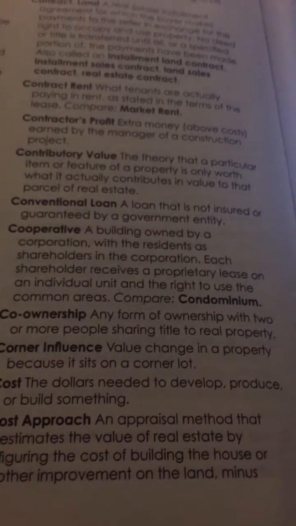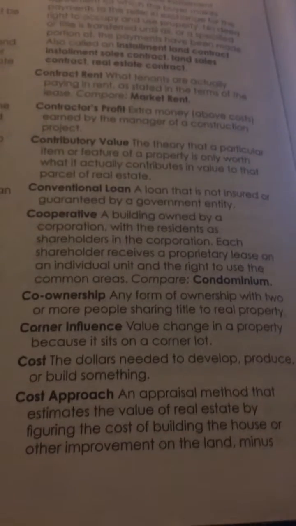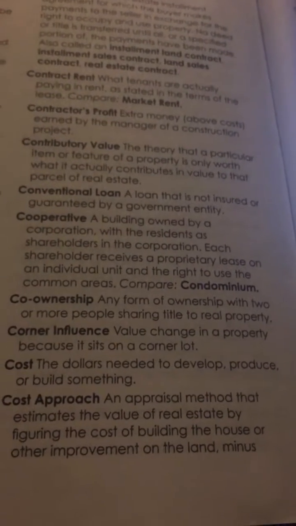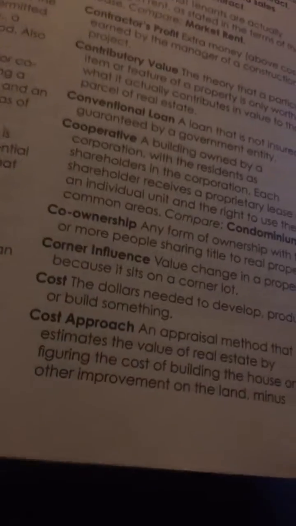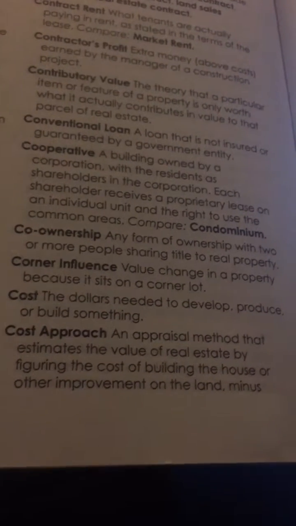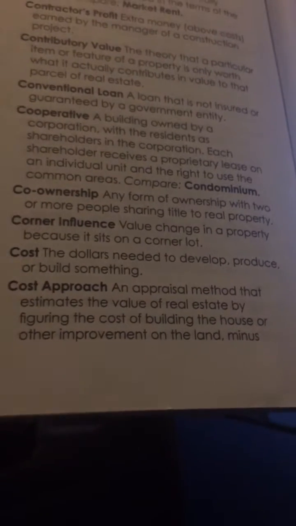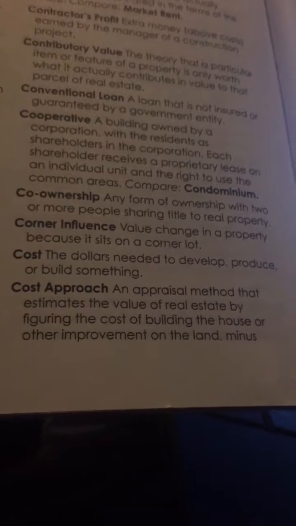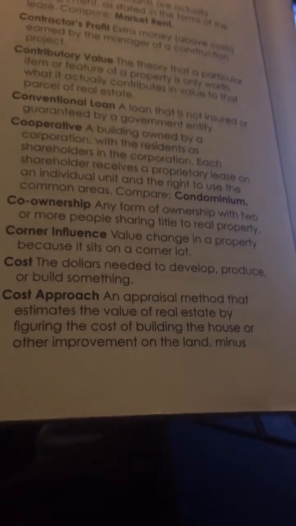Co-ownership. Any form of ownership with two or more people sharing title to real property. Corner influence. Value change in a property because it sits on a corner lot. Cost. The dollars needed to develop, produce, or build something. Cost approach. An appraisal method that estimates the value of real estate by figuring the cost of building the house or other improvements on land minus